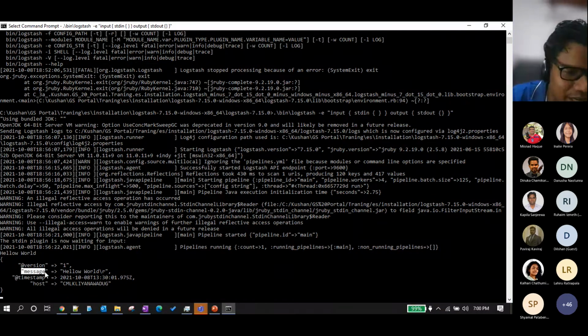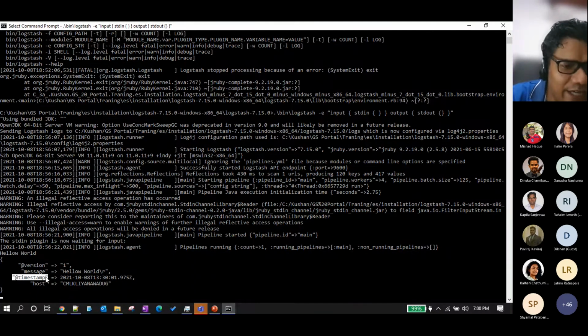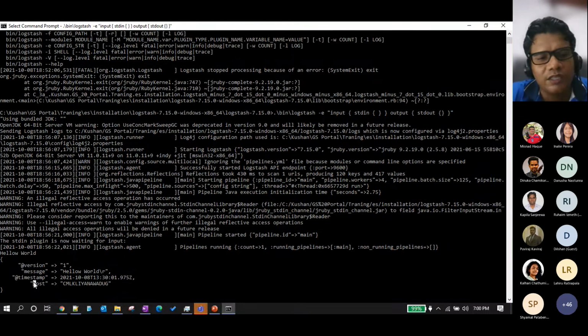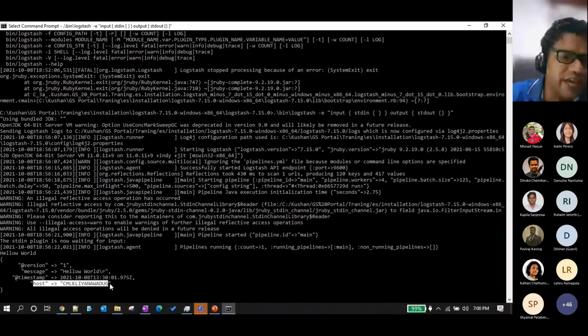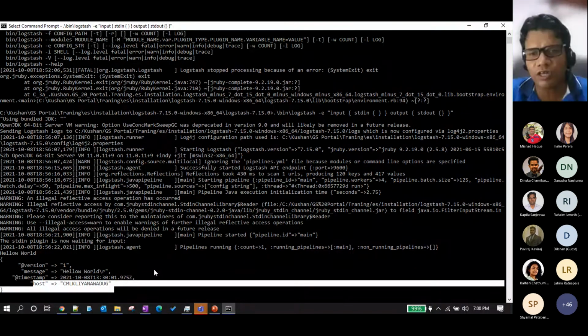It has created the property called message, a key called message, and it has assigned my message into here. Then it has created the timestamp, and it has created another property called host, the particular machine. So this is the basic thing, but this is not the real world thing that we are going to do.